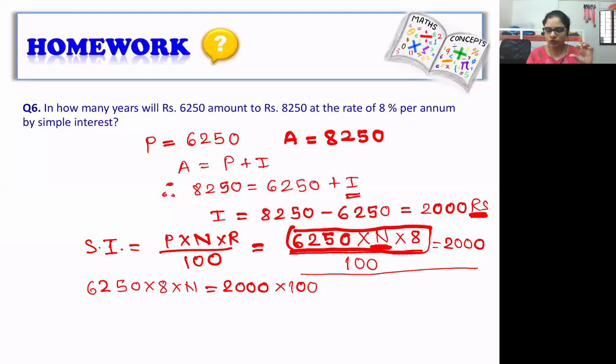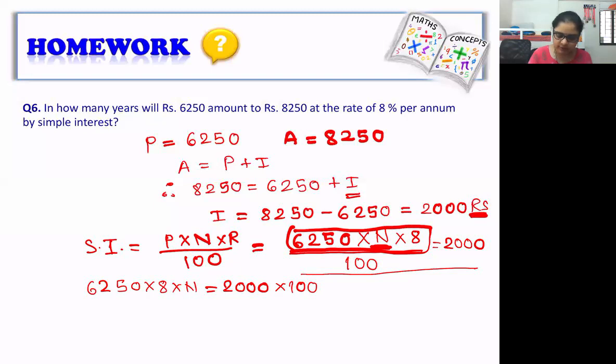To find the unknown value, we move all the numbers towards one side and all variables, that is N, on one side. We want the value of variable N. And that's why we are moving this 100 to the right side. Now on the left side, if we are dividing by 100, on the right side, we have to multiply by 100. This is called transposition. We are transposing 100 on the right hand side. And when we transpose 100 on the right hand side, we have to do the exact opposite operation of what we are doing on the left side. So we are here multiplying by 100.